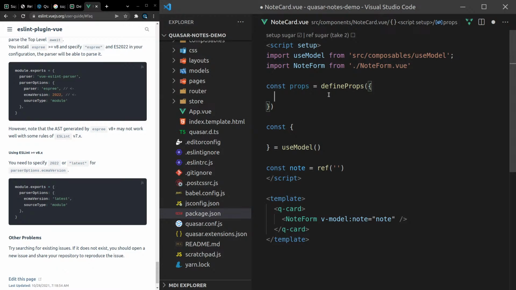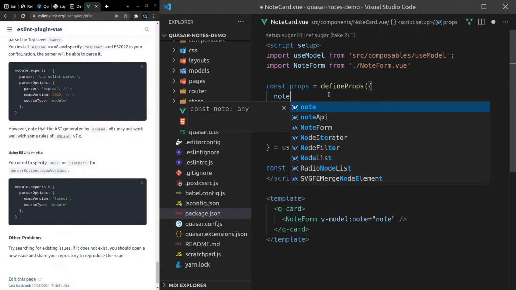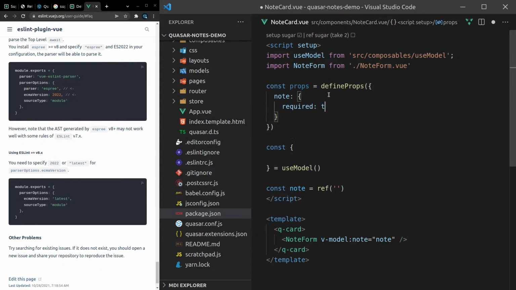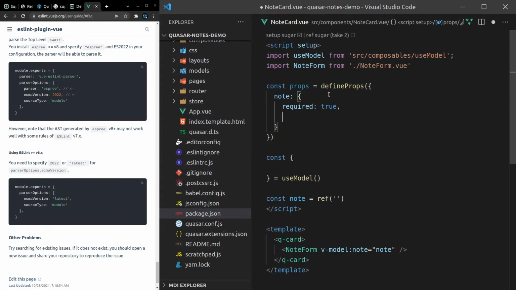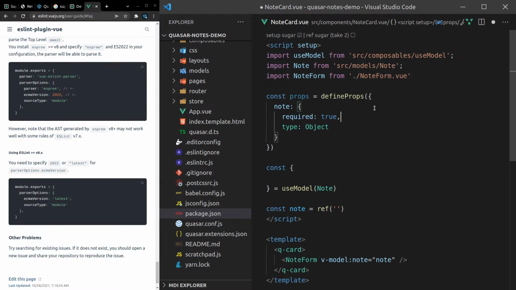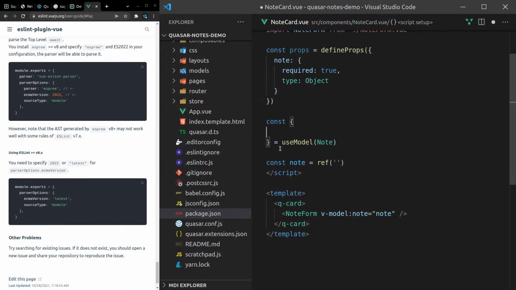Oh man, my brain's having a hard time right now. Does the note card take in the entire note or just the ID? I think the entire note. Yeah, so let's say note, required, true, you can't have a note card without a note. Type is equal to, that'll be an object. And now we can say use model and pass through the note there. And now in here we can pull out of use model the model itself. So then note here is going to be model dot,